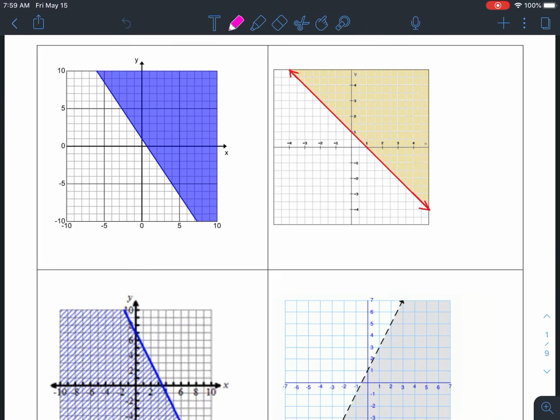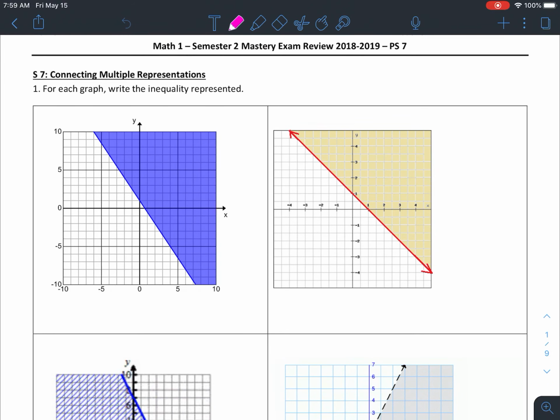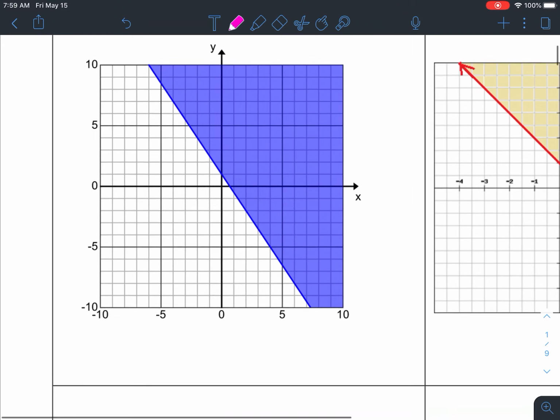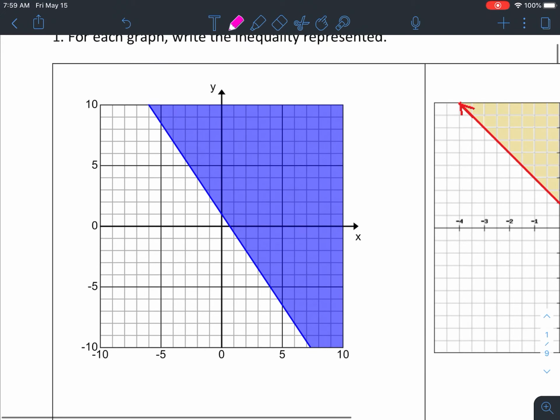If we remember, when we see a solid line, it means it's greater than or equal to, and when we see a dotted line, it means it is greater than or less than. So if we look at this one here, we can tell already that we're going to have a greater than or equal to sign. So first thing we need to do, we need to try and write it in our